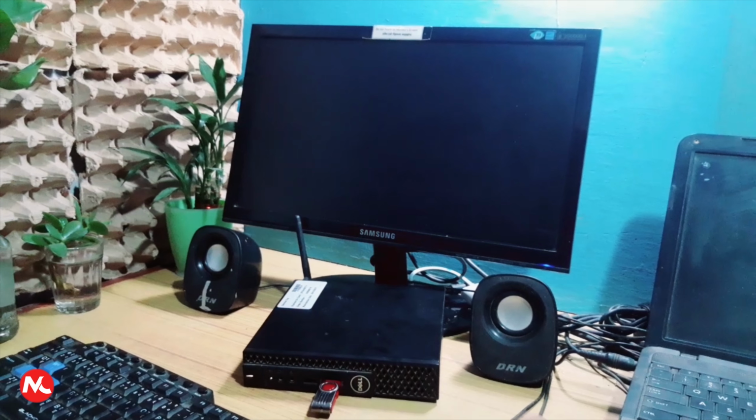How to boot and install Windows 10 operating system in Dell OptiPlex 3050 i3 7th generation desktop computer. If you have trouble with your desktop computer and Windows does not start correctly, today I'm going to show you how to boot and install Windows 10 operating system and fix starting Windows in your